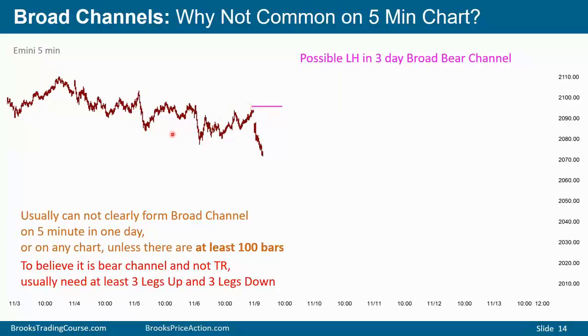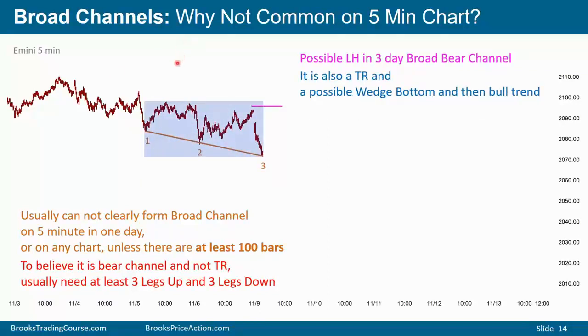We're having a series of lower highs and lower lows, and we have a strong breakout to a new low. Maybe this is a broad bear channel at the end of a third day in a channel going down. Usually you need at least 3 legs to be sure that you're in a broad bear channel. So 1 pullback, 2 pullback, 3. But it's also possibly a wedge bottom. We could get a reversal up from here. Not enough information to be sure what to expect for tomorrow, and therefore the probability is not as high as the bears want.